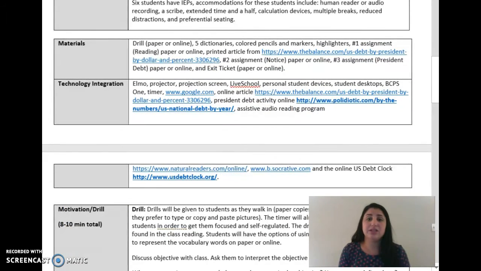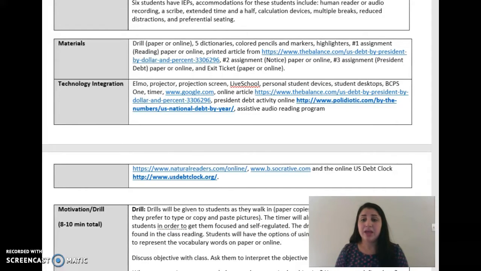As far as the materials go, a lot of these materials can be completely technology-based. However, I wanted to also incorporate a UDL lesson where I have the option of technology and paper and manipulatives. So I'm going to just focus on the technology here. The technology that I'll be integrating in my lesson is the Elmo, projector, projection screen, Live School, which is our positive behavioral intervention system, our student devices, student desktops. I have backup desktops so students don't bring their own devices, BCPS1 Schoology, an online timer, Google, our online article,